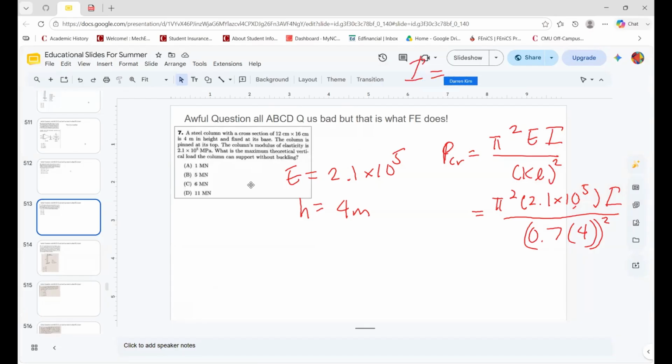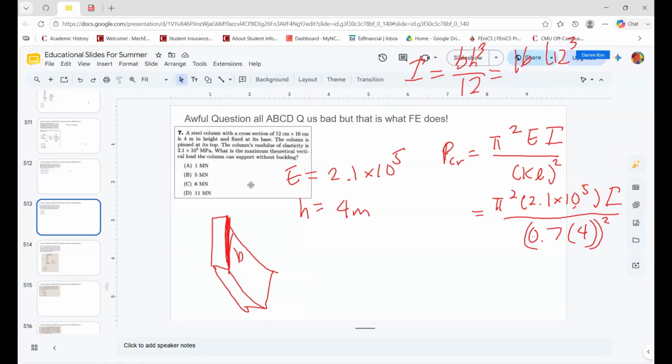Now you might be asking, which one is B, which one is H? But at this point, you should realize something. When you're bending like this, the long side is being bent. The long side is the base. So it should be 16 times 12 cubed divided by 12. If you still don't get that, then